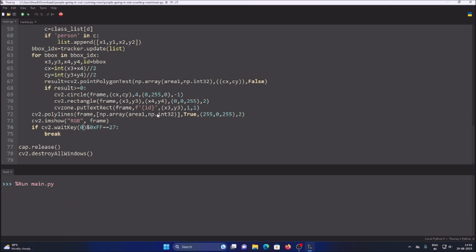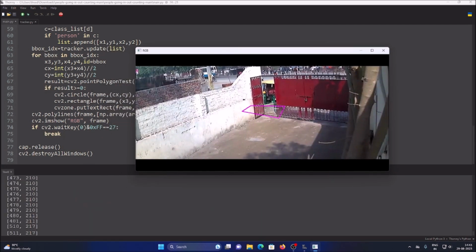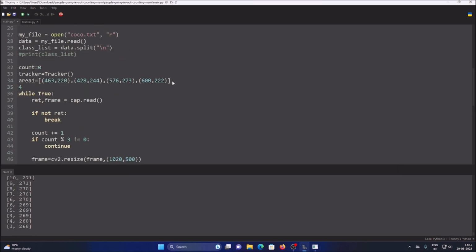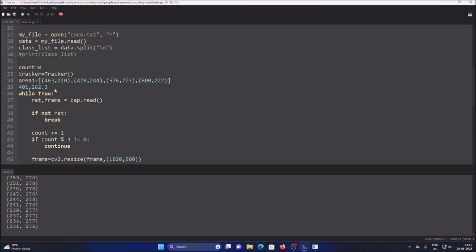We need our coordinates for our second area. Same way, with the help of the mouse we will get our coordinates. So this is what our first area. Let's just create from here 401, 262, then let's say over here 374, 287. Here I need to mention a comma,